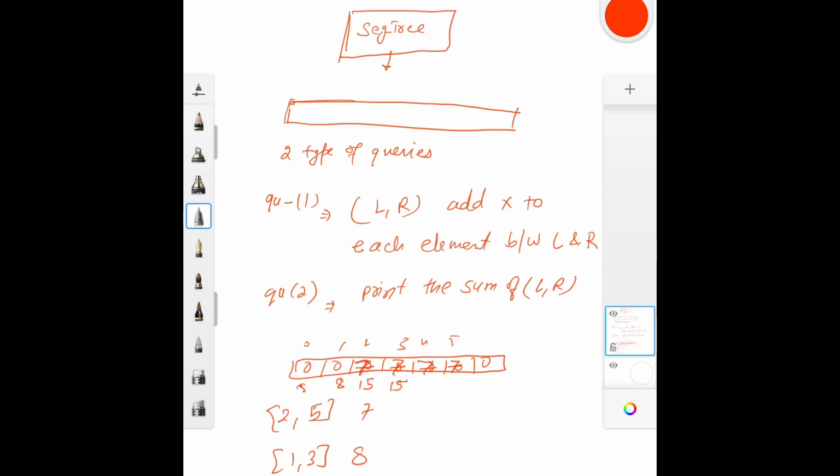So this will be our array. Then we can also ask the queries of type 2, which will say, let's say from 3 to 3. That means it will tell me what is the current element at number 3. So it will tell me that this element is 15 actually. So these are the two queries that we want to support, right? Currently we are just saying adding of a simple variable which is x to all of them. We are not talking about those square things mentioned in the problem. So if this is the problem, this is a straightforward standard segment tree problem.